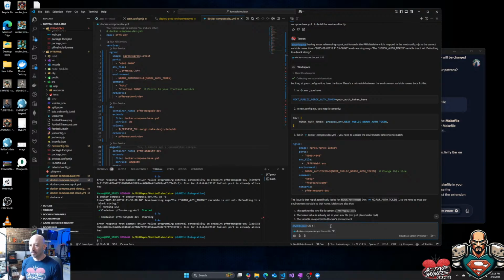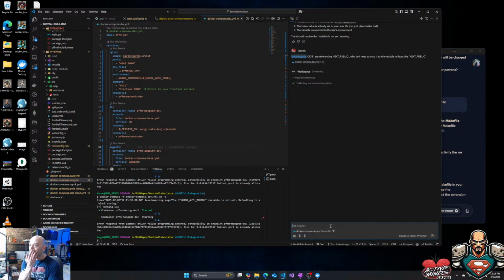Okay, if I am referencing NEXT_PUBLIC, why do I need to map to the variable, NEXT_PUBLIC? This is curious because it's like